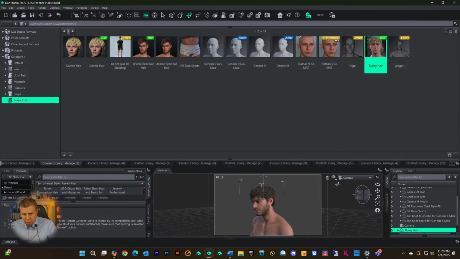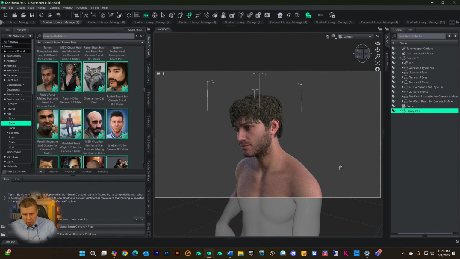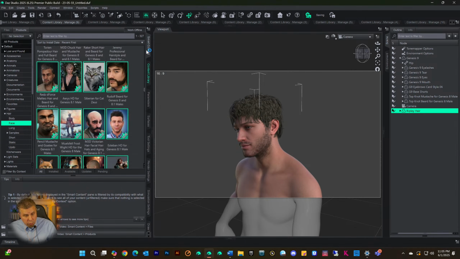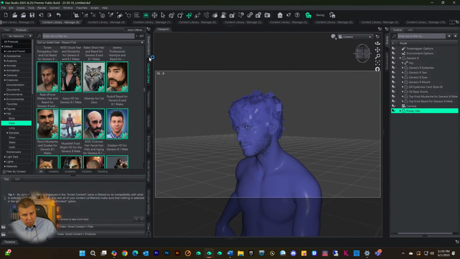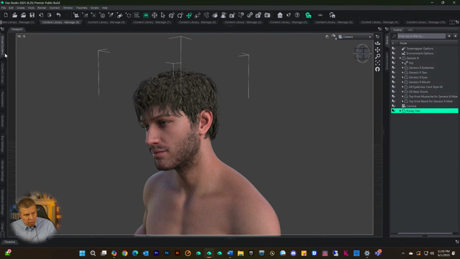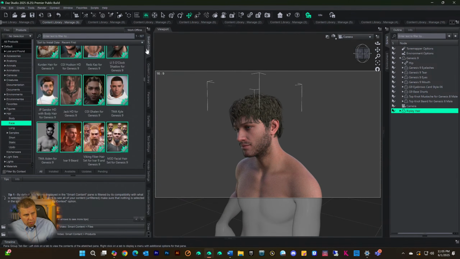Okay, and there we go. Now, I don't really care for the color that came with this Ripley Hair, so I always go in. So what I would do, since I use the Ripley Hair a lot, then I can instead come into here and go to color,